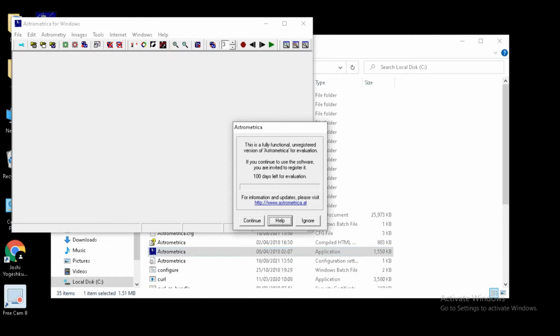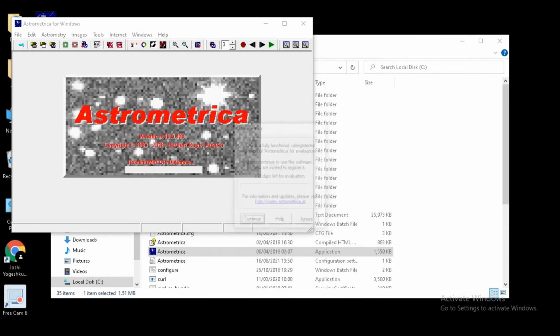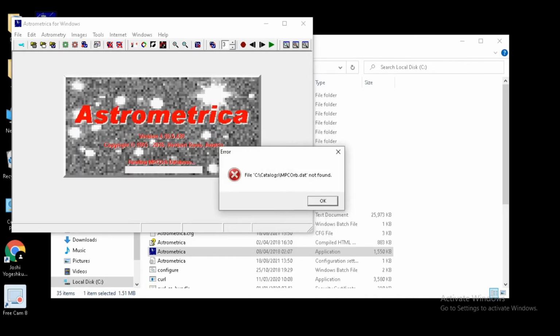Now over here it is shown that this is a fully functional unregistered version of Astrometrica. We will be provided with the registration key from IASC during participation in the campaign. So as of now, I am clicking on continue.